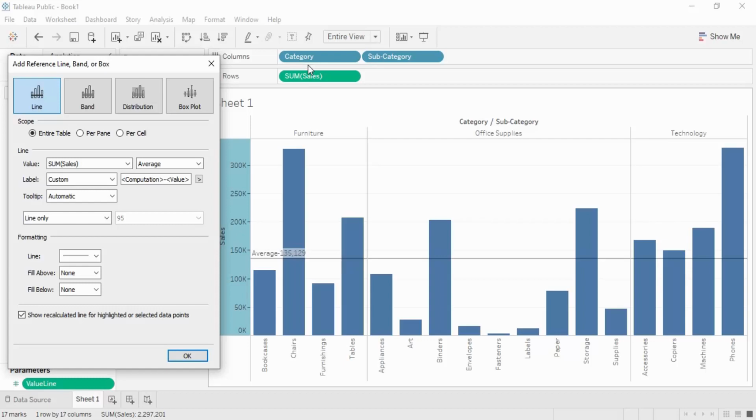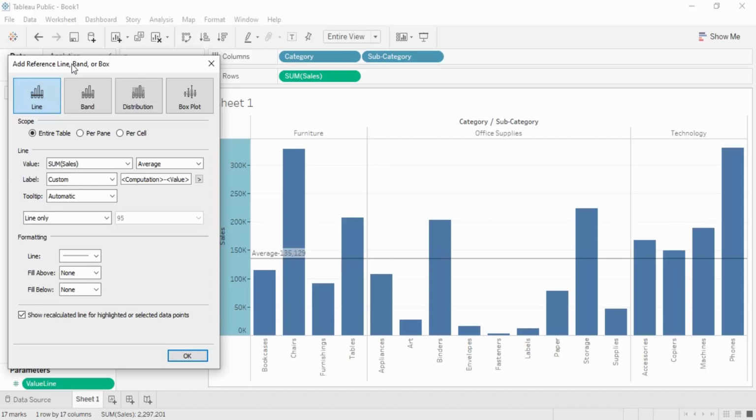In this video, we are going to talk about the reference lines in Tableau. We have actually started the discussion on this topic in the previous video itself, and in this video we are just going to continue our discussion. We have seen how to create reference lines, right? Today we will see how to manipulate them and how to work with other options like the bands or the distribution points.